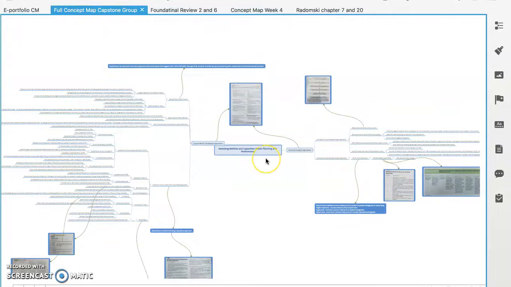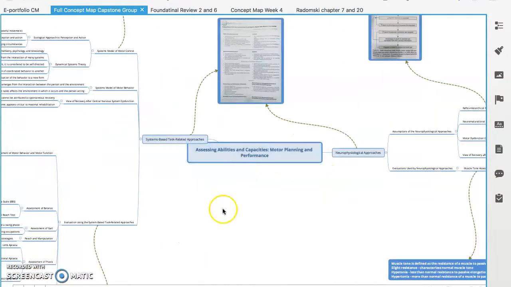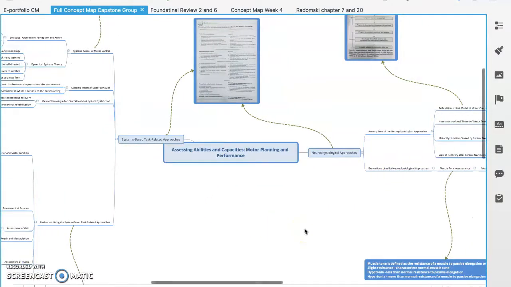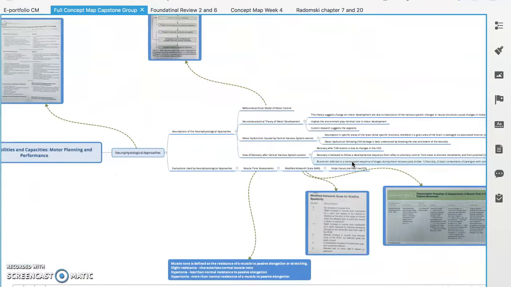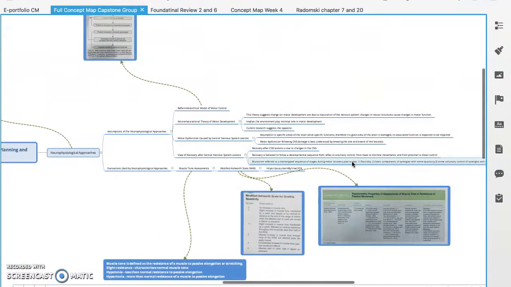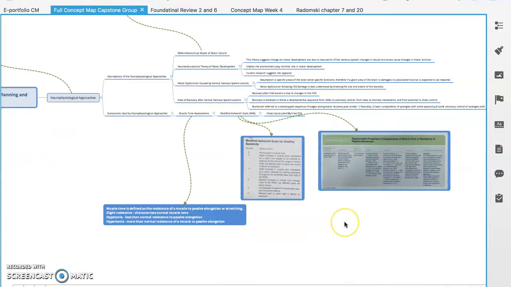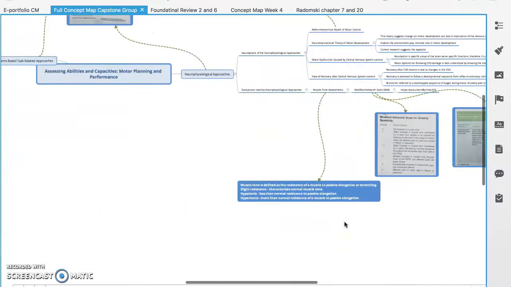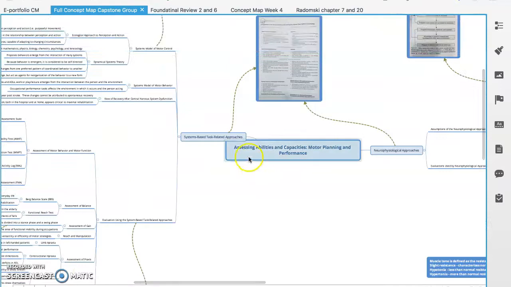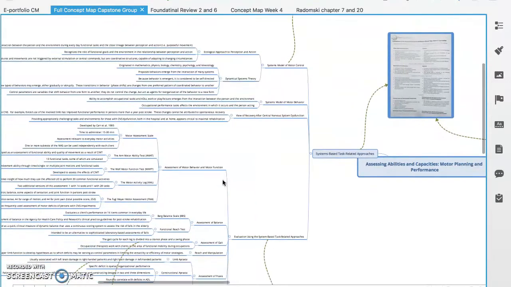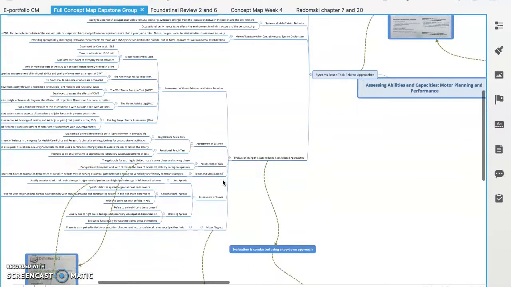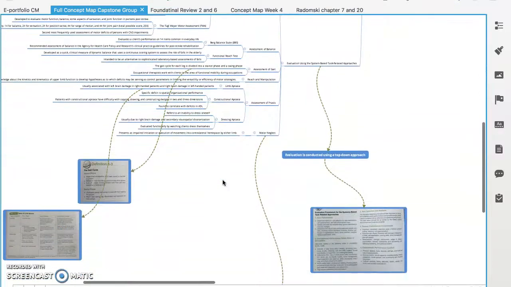And then next, I'm going to go over assessing abilities and capacities, motor planning, and performance. I'm going to start with the neurophysiological approaches and work my way over here. There's some good photos in here to reference and charts and tables. And then we're going to go over to system-based task-related approaches and start from the top, go through each section. There's a lot of information here,